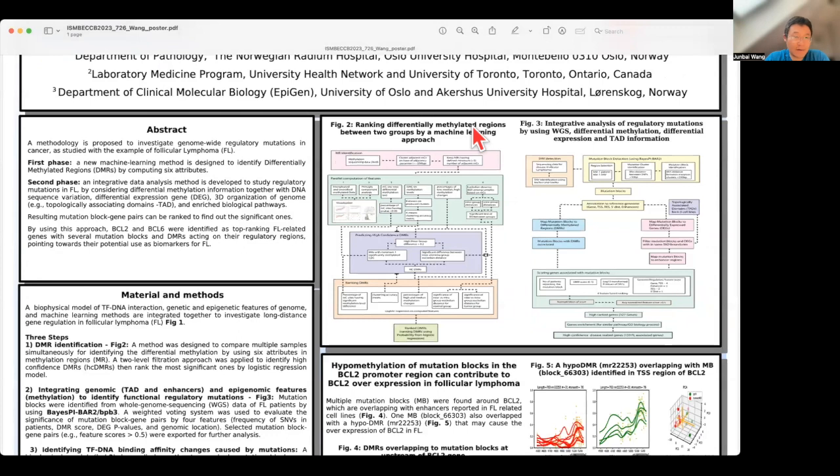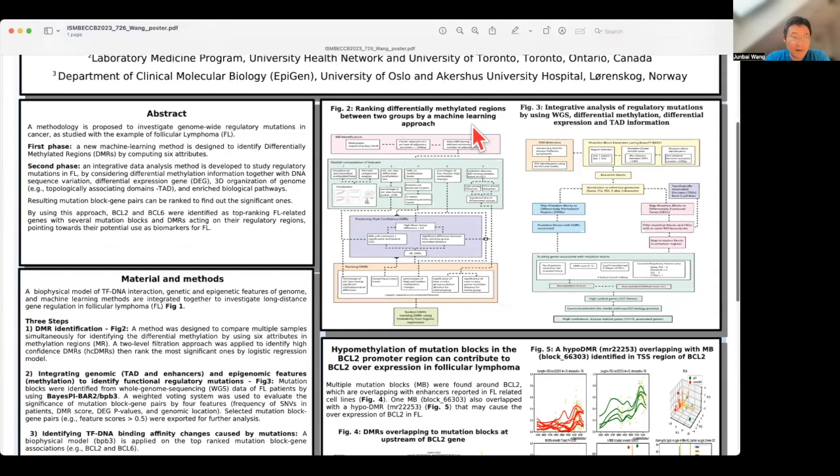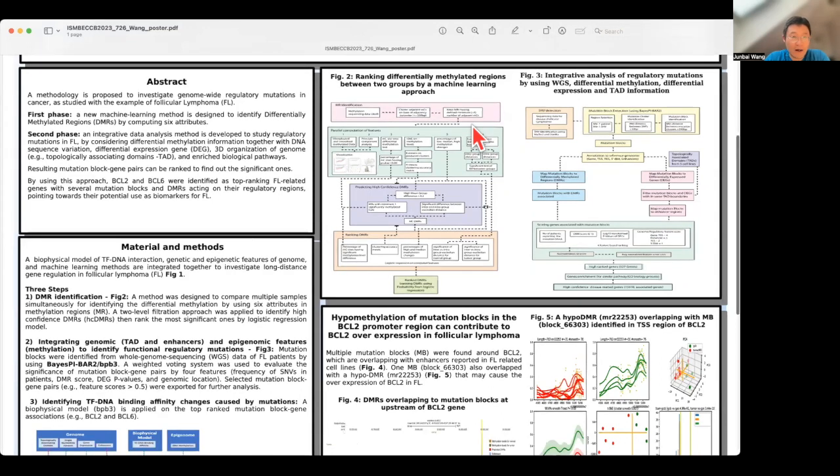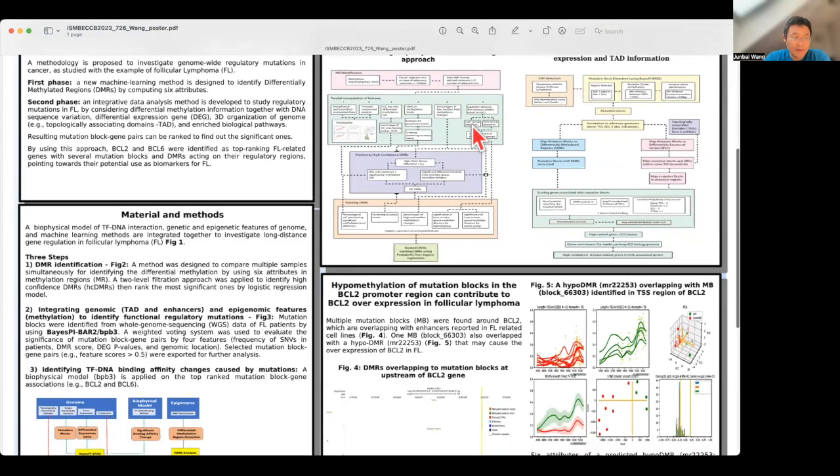The first part is a new machine learning method to predict differential methylation based on genome-wide WGBS data. The second part is by combining our predicted differential methylation information with the differential gene expression information and 3D genome structure like Hi-C data or topologically associated domain information. We try to combine all this diverse information together to predict the functional regulatory mutations in the genome and their putative targets. And here we look at the